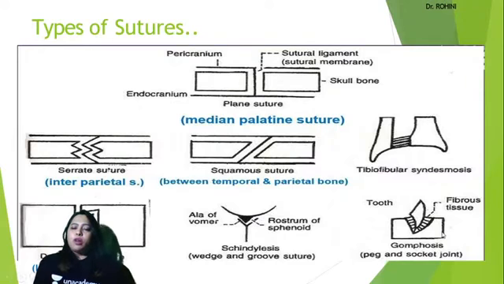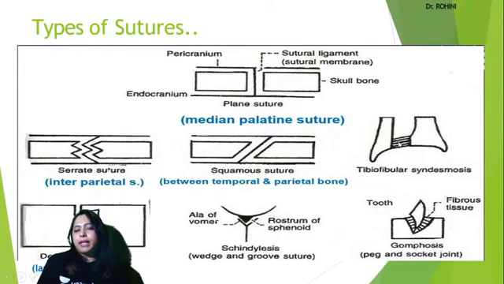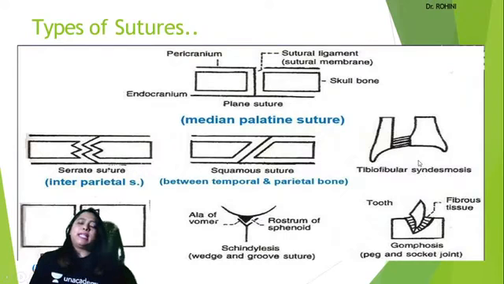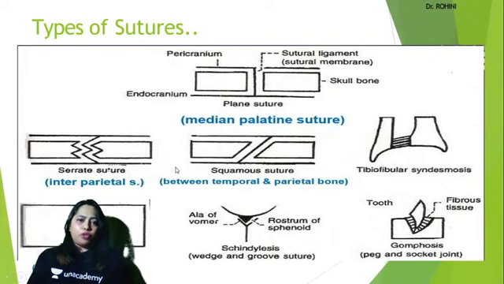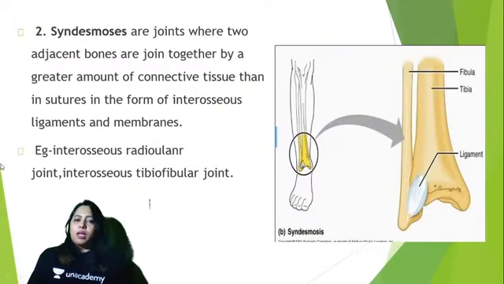Now, coming to gomphosis, I told you it is between the tooth and the socket. Next one, the tibiofibular joint. The lower tibiofibular joint is held by a small connection known as syndesmosis. Anything that says syn is together, like synchronized, or symphysis. So you can see it here between the tibia and the fibula. So these are some of the varieties of fibrous joints. This one is syndesmosis.